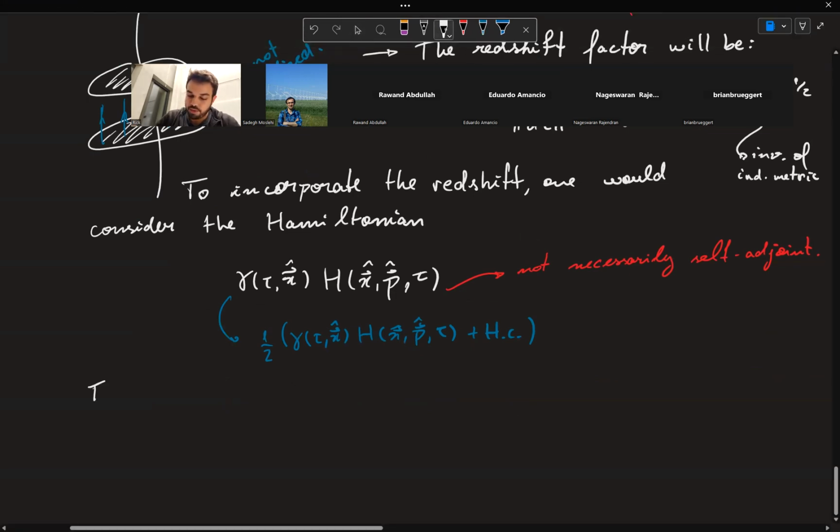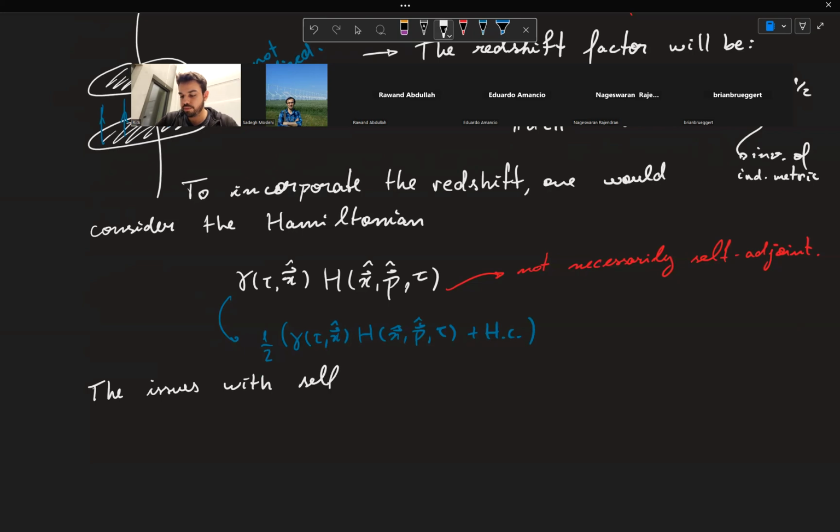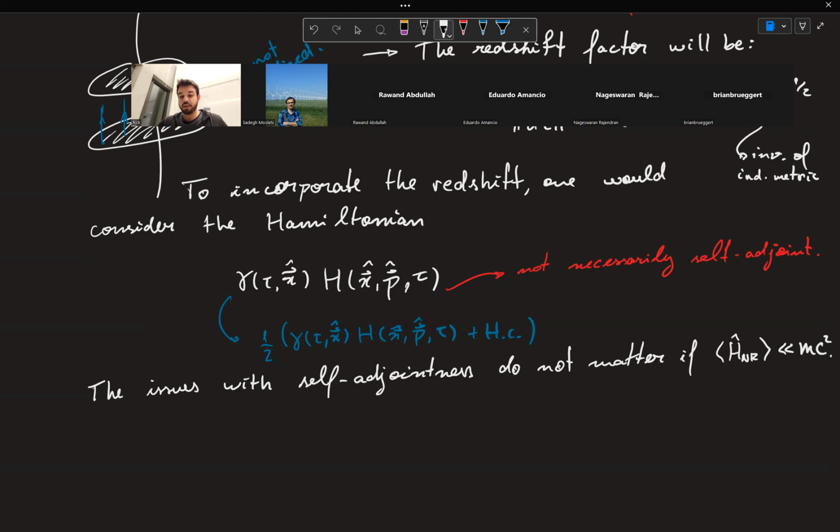So the issues with self-adjointness do not matter in this non-relativistic regime. So if H non-relativistic is much smaller than mc squared. What do I mean by this? Well, you see,